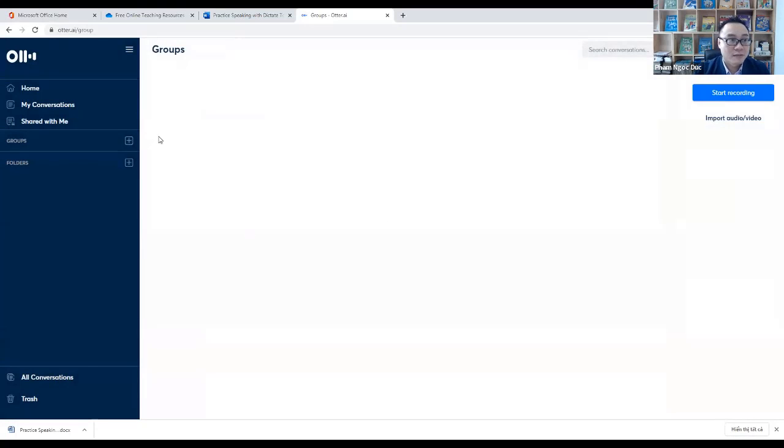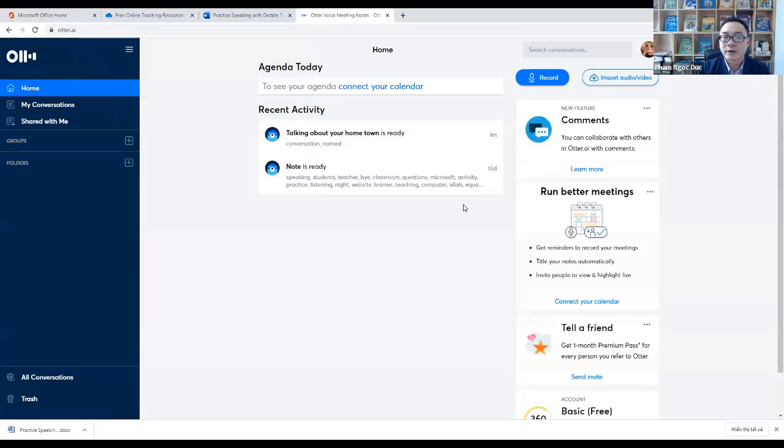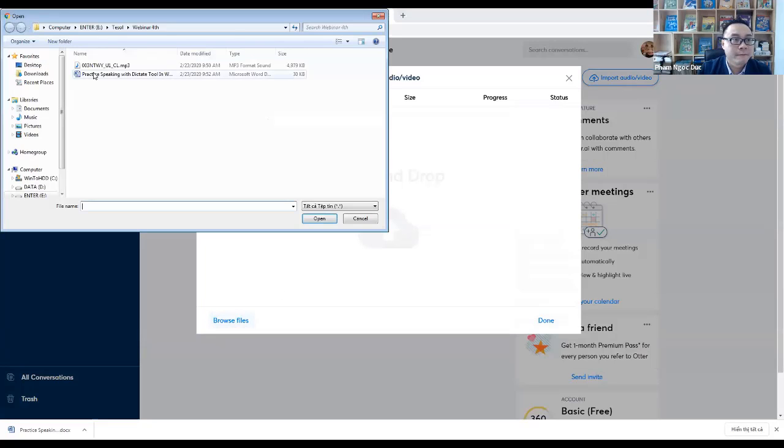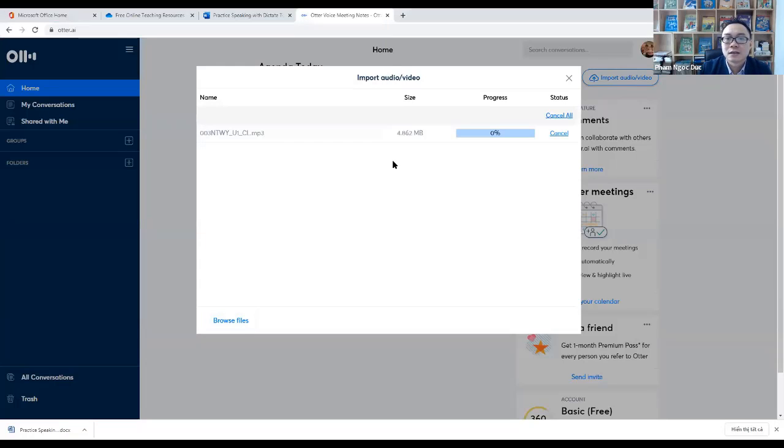What's more interesting about otter.ai is that when you attend a conference or when you have an audio that you could not listen to or understand fully, what you could do with Otter is import the audio. I have an audio file, but the speed of the speaking is really fast. I couldn't understand the whole conversation, so I could upload it to otter.ai. So wait for some minutes. After the upload,